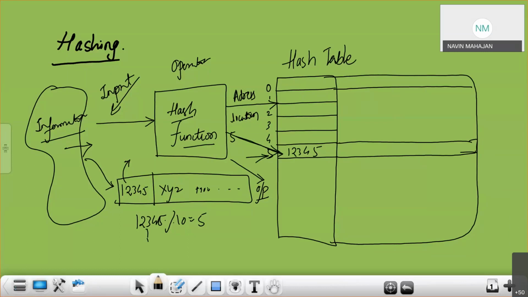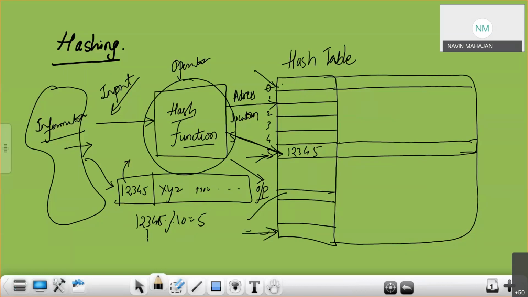And whenever I want to search for a number, I will apply the hash function, I'll get the output directly, go to that particular location and access that data. So if I'm accessing say the first location or maybe the last location, it doesn't matter, the time is the same. Hash function application time is the same, and accessing data of the first record or directly jumping to the last record is also the same.